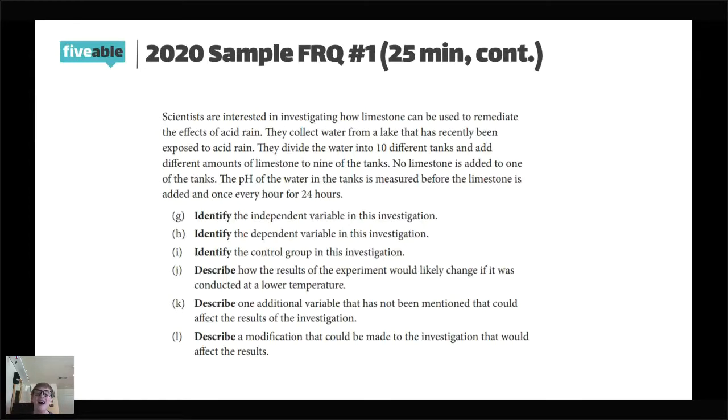All right, so Tanya has already identified the control group in this investigation, and that would be water without limestone. So that would be water with 0 amount of limestone. So part J, if anybody already has this queued up, you can send this in the chat. I don't mind while I'm reading it. J says, describe,